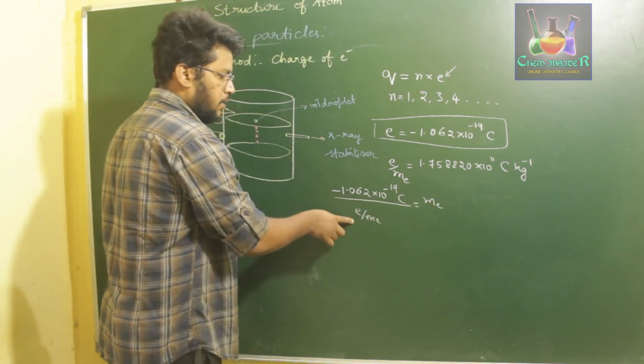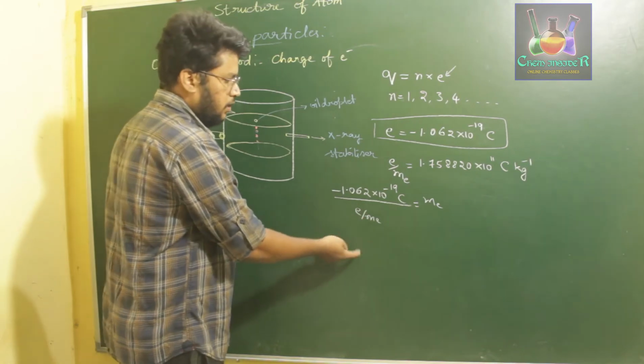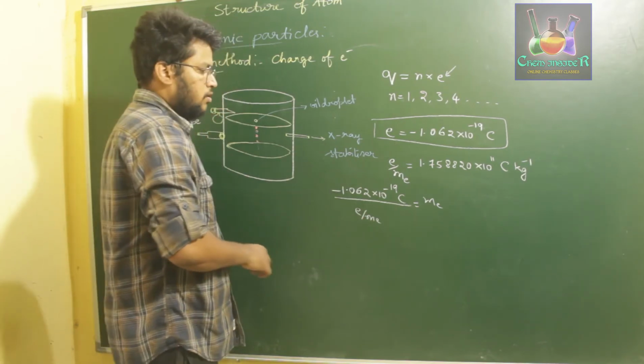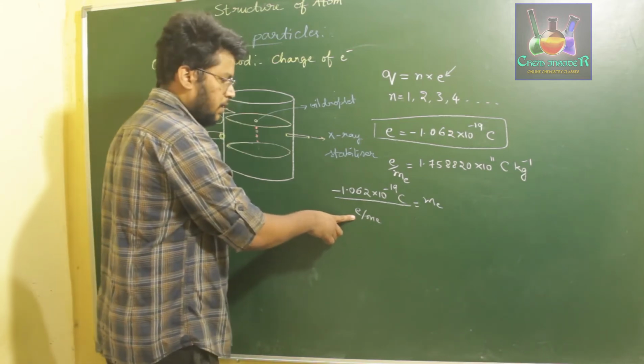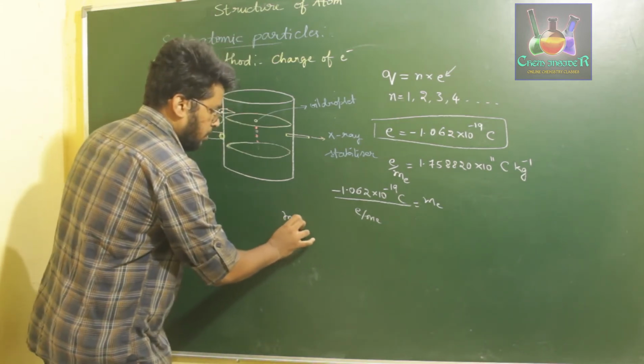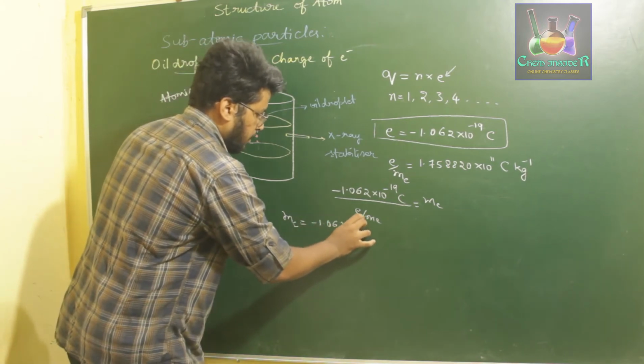So charge divided by mass by charge gets cancelled. The denominator becomes the numerator. Okay, so therefore we get this. So once we get this, substitute the value of e by me. So me will be equal to minus 1.062 into 10 power minus 19